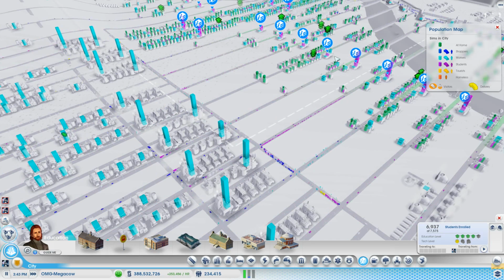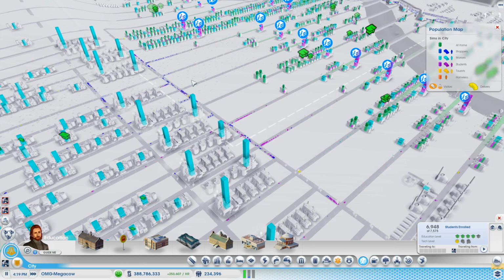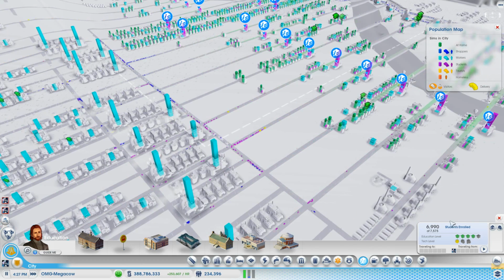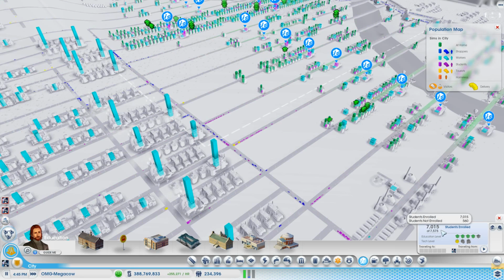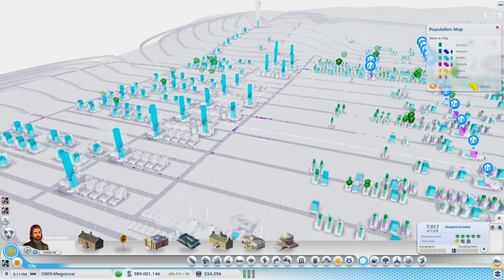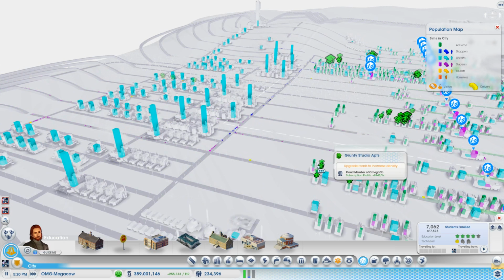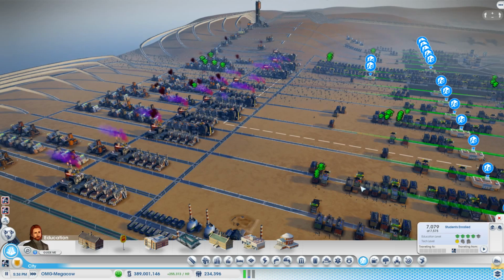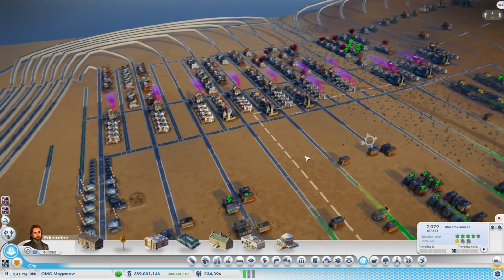And after they've gone to school, they'll go back to their houses. But pretty soon they'll go missing again. So this repopulation is something that you're going to have to keep doing. And it's a real pain in the backside, I'll tell you. Here we go, look. 7,000. Awesome. But it's one of those things, at least there is a solution to fix the problem. Cool. So that's education.